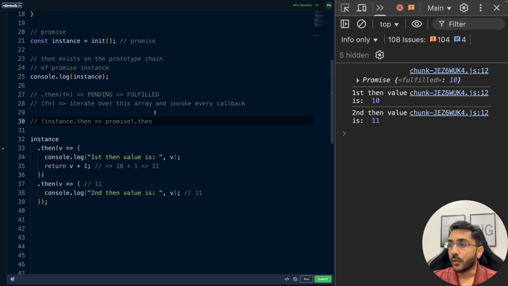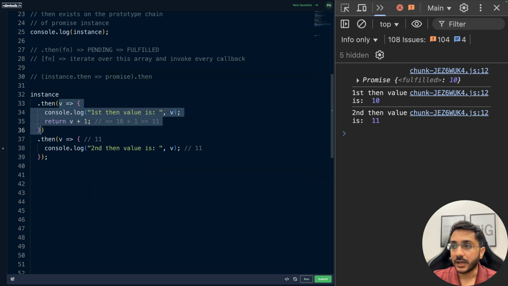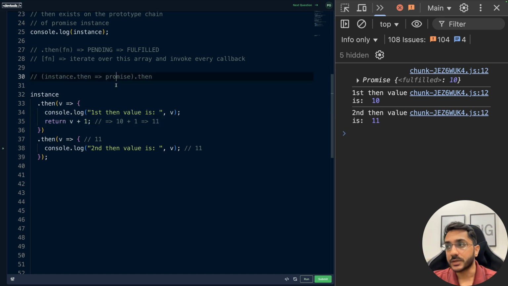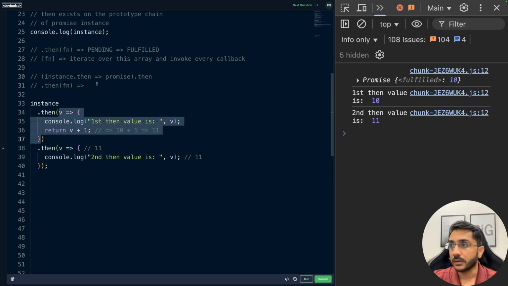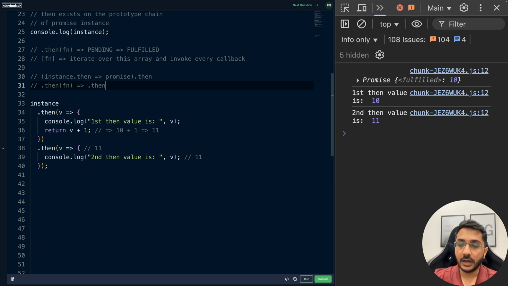Okay, so now, if we see our callback which is present here, we are not returning a promise here. We are not doing anything async here, or we are not returning promise dot resolve. We are not doing anything, but still instance dot then is returning a promise. Why is that? So the thing here is that when we do this and we pass a callback fn, which is basically this value, I'm calling this fn, it wraps it inside a promise. So it would be something like new promise resolve, and this resolve value is going to be resolved with the output of the callback. So fn,